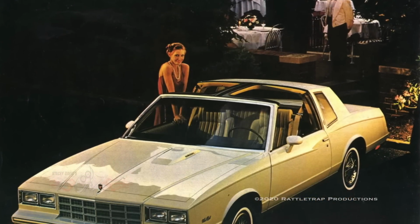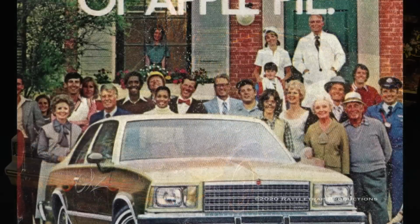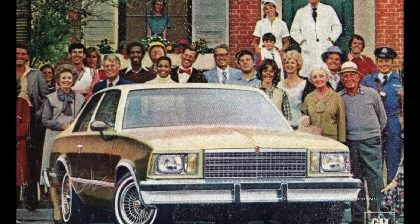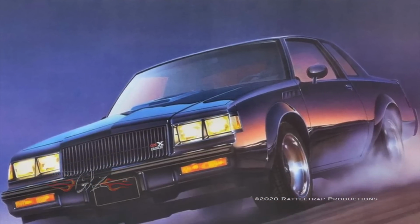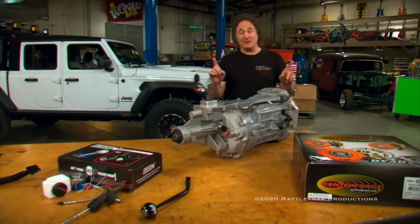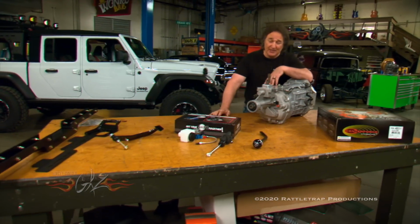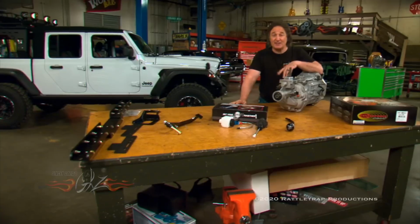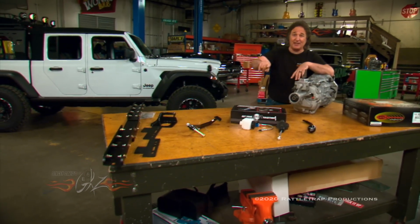You don't have to look very hard to see that the 78 through 87 General Motors G-body cars are getting more popular every day, as they are the perfect candidate for an LS swap. The problem is virtually all of those vehicles came from the factory with an automatic transmission. Fortunately, American Powertrain decided to do something about that, and they've come out with this conversion kit that will allow